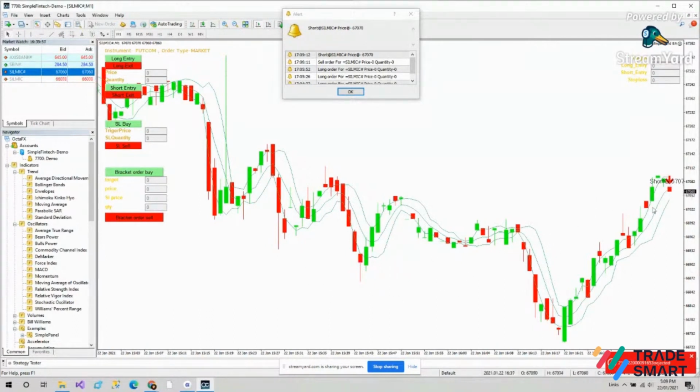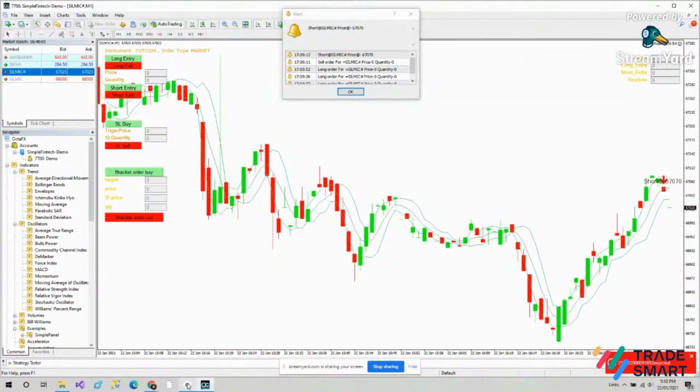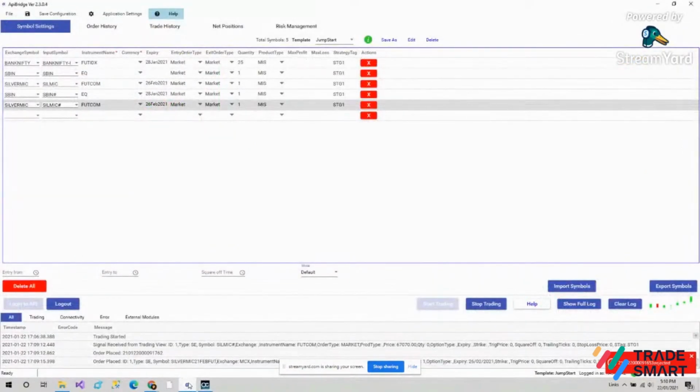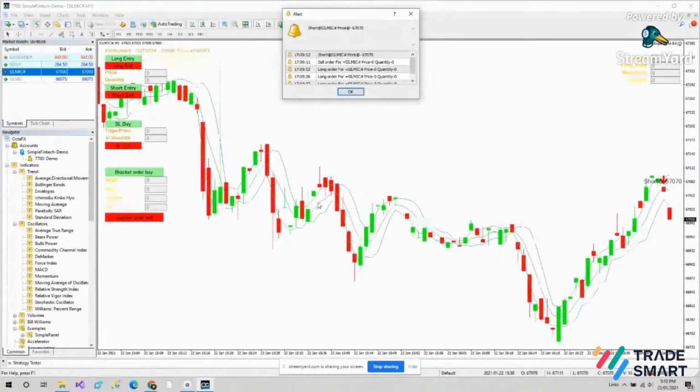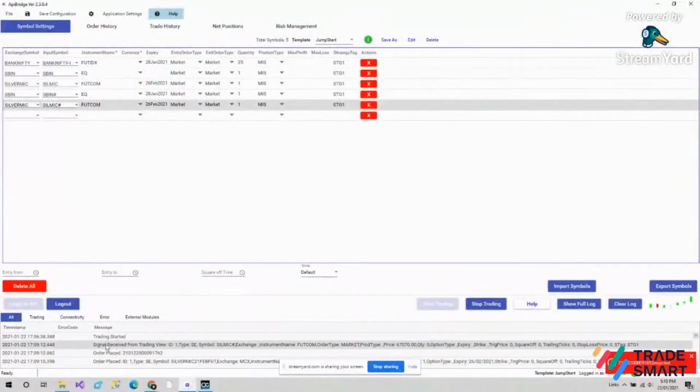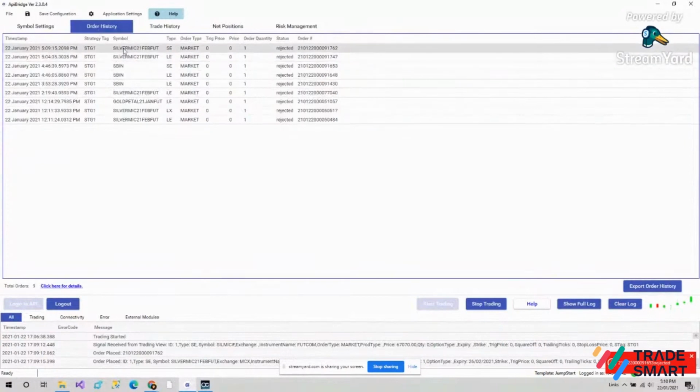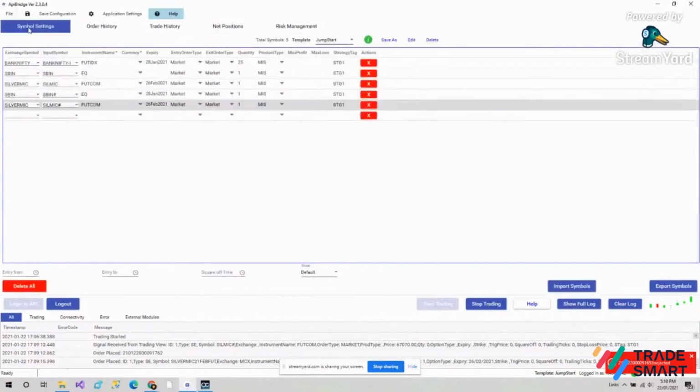So now you can see whenever we receive a signal, our order will get automatically placed. Although we'll receive a signal, it will get rejected because of the lack of balance, but we'll still receive the signals on the basis of the strategy. We had received a short signal here, and then it was received in API bridge, order was placed, it's showing order was placed, and if we check in order history, it got rejected because there is no balance.